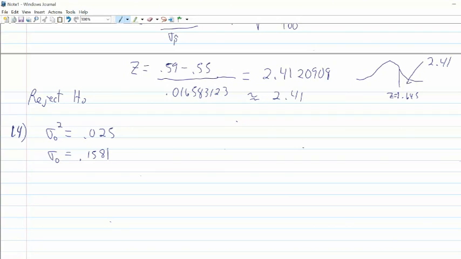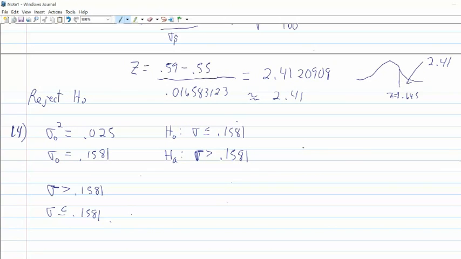And our claim, it says, can the manufacturer conclude that the bolts vary by more than, so more than is greater than. So our original claim is going to be sigma is greater than 0.1581. Opposite of that would be less than or equal to 0.1581. So that means our null hypothesis is going to be that sigma is less than or equal to 0.1581. That's our null hypothesis. Our alternate hypothesis is going to be the other, the original claim that sigma is greater than